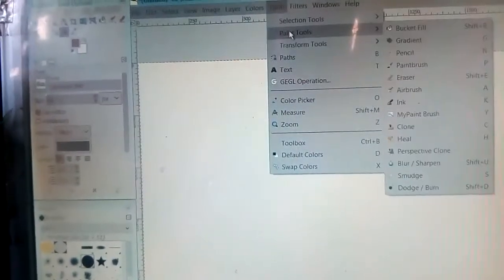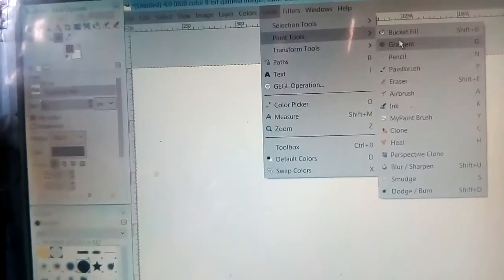First click on the airbrush tool or pencil tool, whatever you want you can select from here. If the pencil is not here, then you can select from Tools, then Paint Tools. From here you can get the different types of tools.